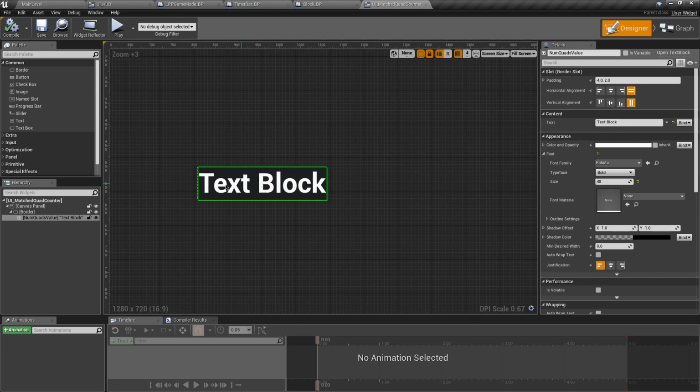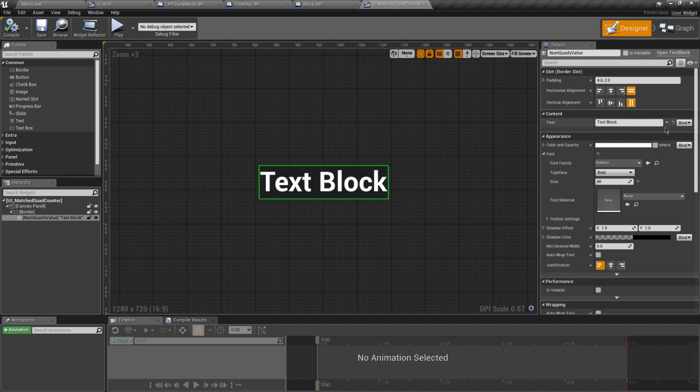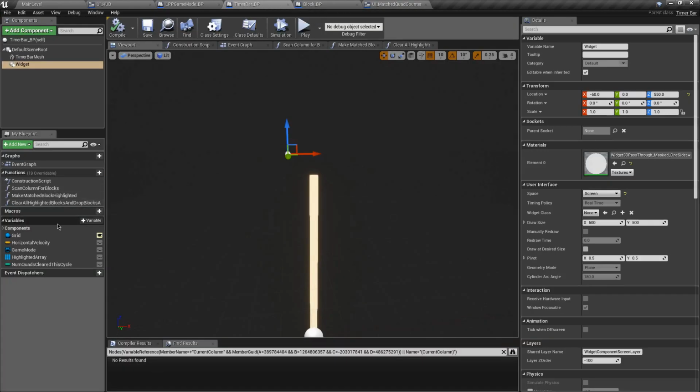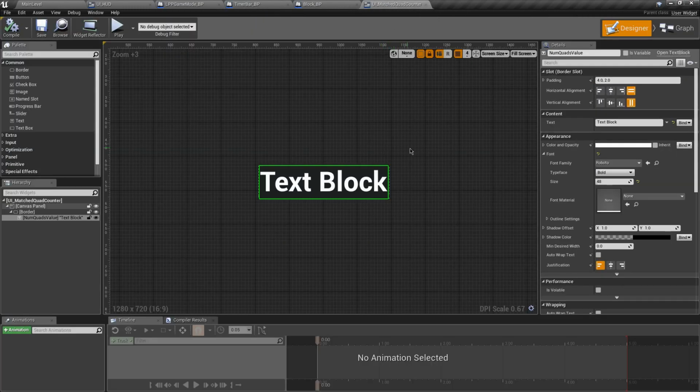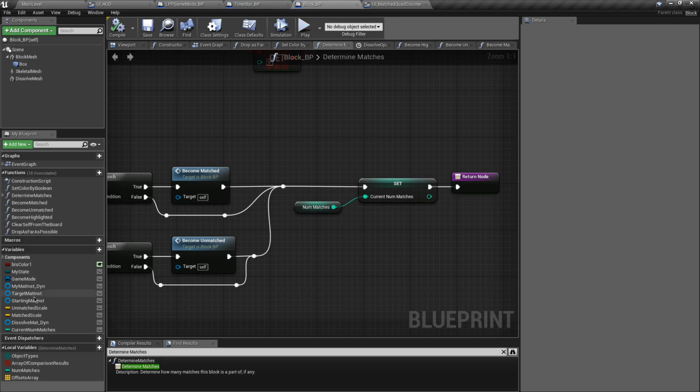In order to make this text update dynamically, we have a couple options here. We can either bind it directly to the value of num quads cleared the cycle in the timer bar. We can go ahead and do that because it's pretty simple, but there may be better ways to do it. Like you could instead have this blueprint have its own variable that it gets updated whenever this one changes. So like we could have